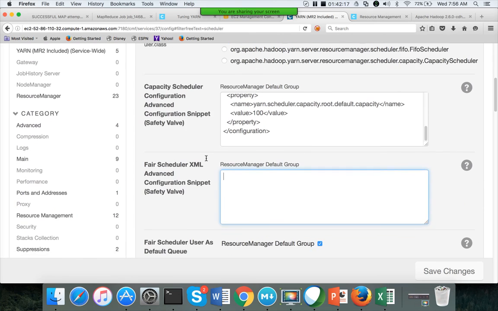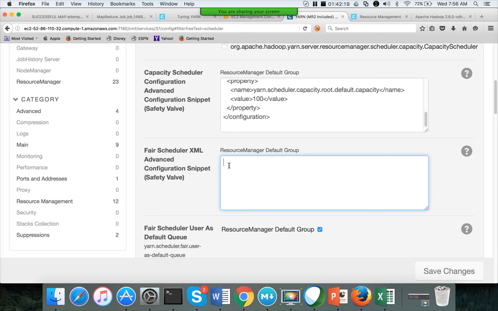The way you add custom parameters is by using a concept called safety valves. Similarly for Ambari, if you want to add new parameters, it is very straightforward. You have to go to the advanced tab.